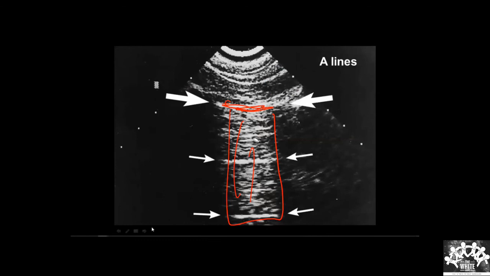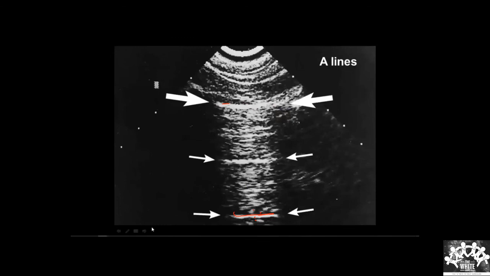Now one more thing: this is a bright structure. See, what is the speciality of these two lines? These lines are coming from equal distances, equidistant. So what do you think this might be?